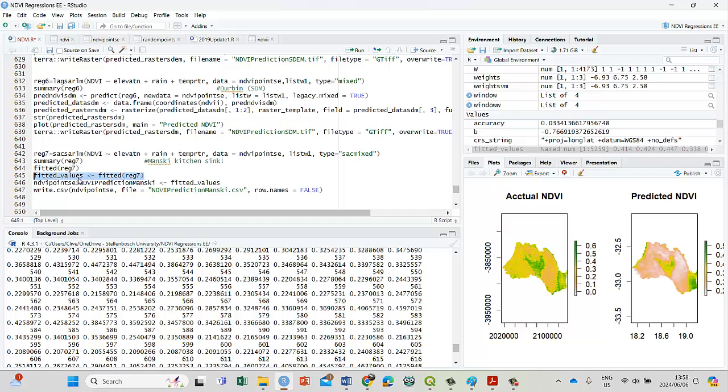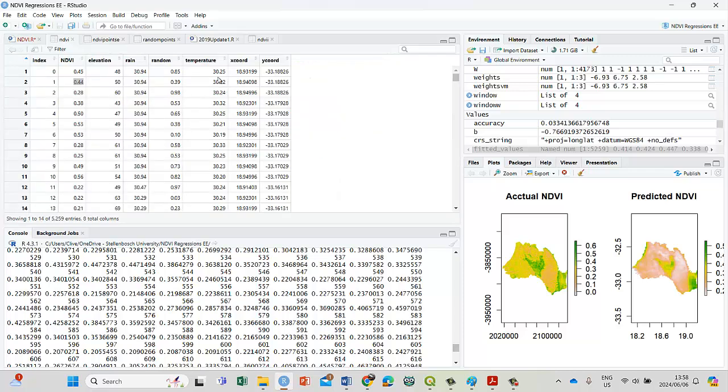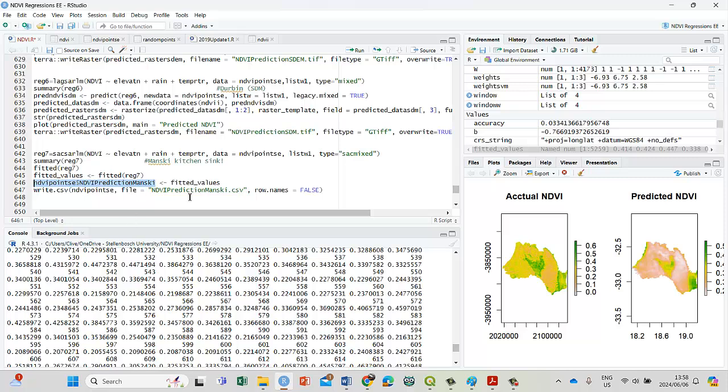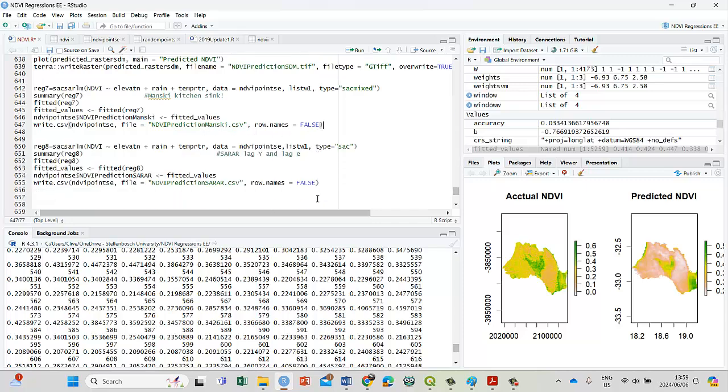So I want to take those fitted values and add them to my original NDVI file, this one here, because within this file it has the X and Y coordinates. So that's what I'm doing there. And then I'm exporting that file. Then I'm writing it as a CSV to my folder. And I'm doing exactly the same with